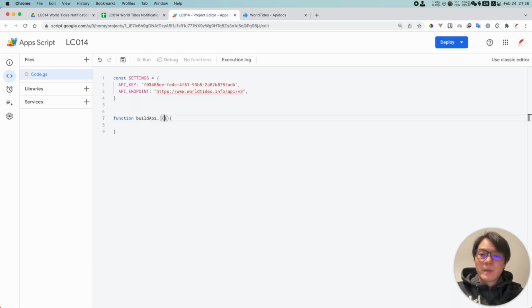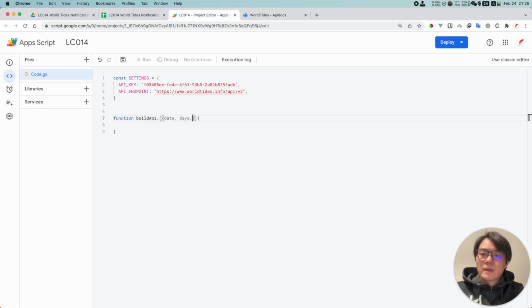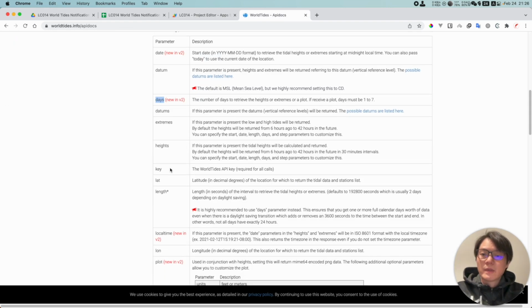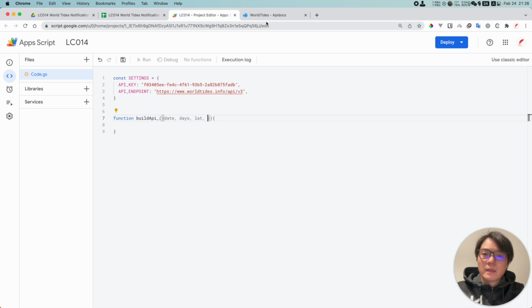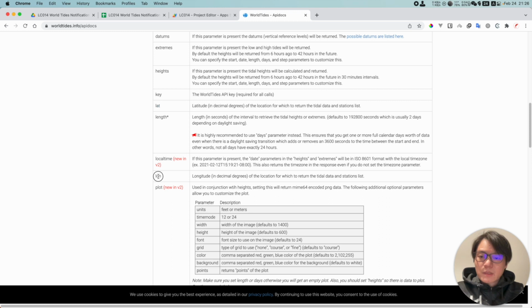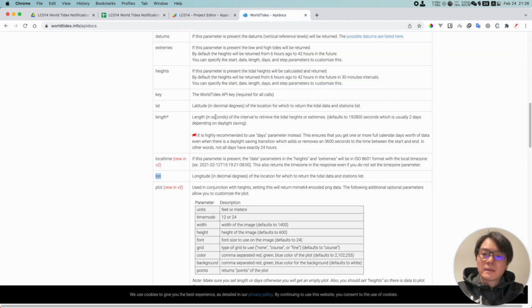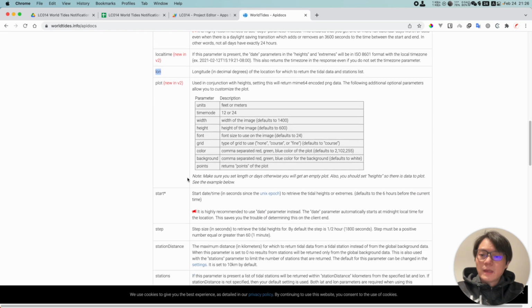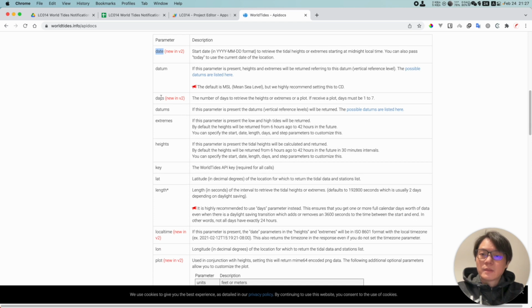So we let pass this as an object. We're going to have a date, and how many days we're going to pass, and we're going to have a latitude, that is LAT, and another very important query parameter, the longitude. So this basically is the location you want to check, right? And anything else? I'm going to use this date for the start, and then we're going to assign this